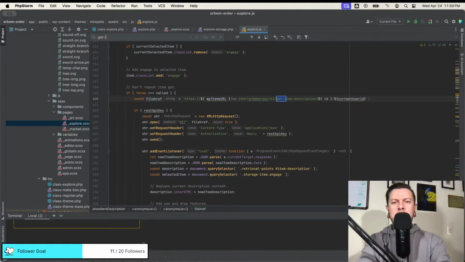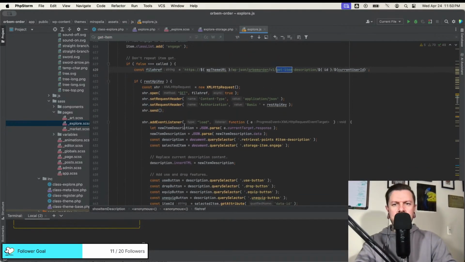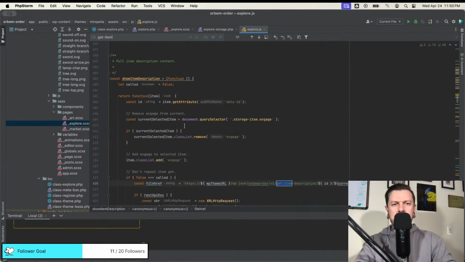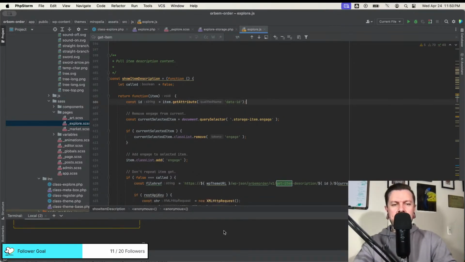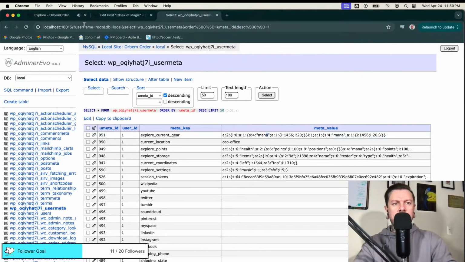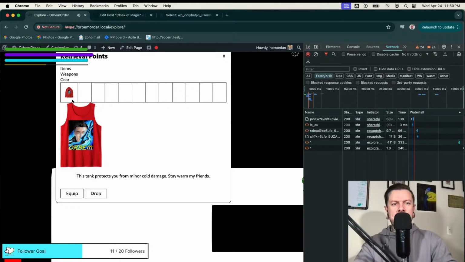Get item description. And basically just grabbing the ID. No, it's not type. That's the problem. It doesn't have mana.